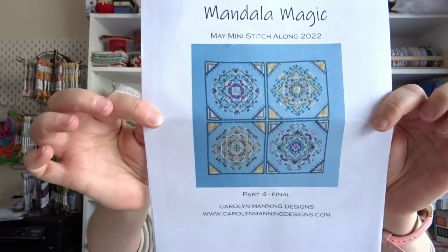What is next? I have those all done. Okay, next we have, this is an old one as well. I'll show you the front page. It is Mandala Magic. It's a 2022 stitch along. It's a May mini stitch along by Carolyn Manning. And if you can see that,